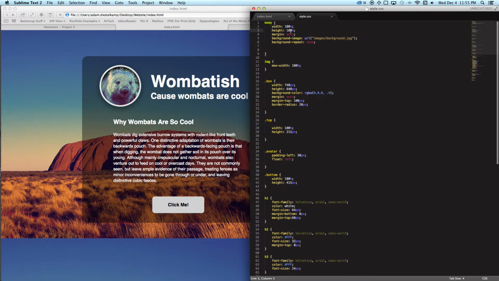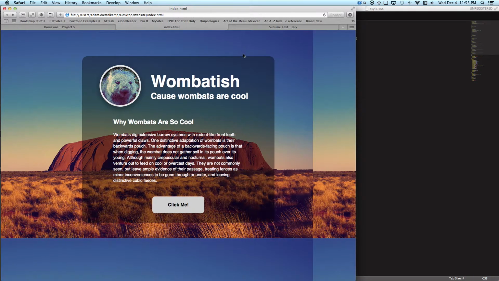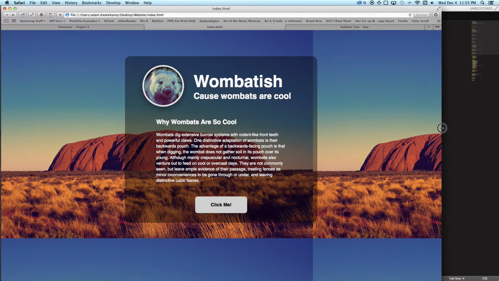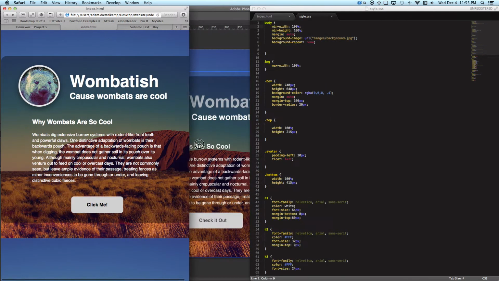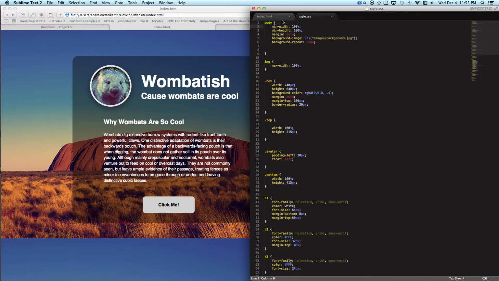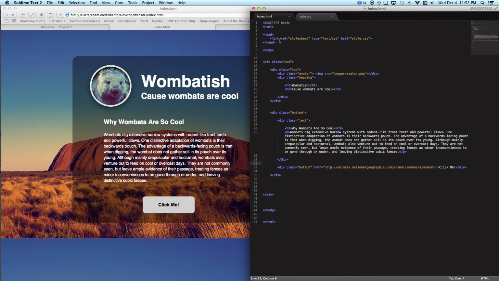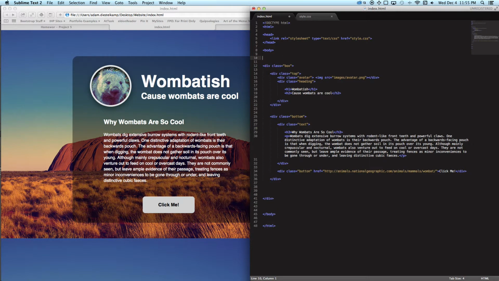Height, min height, min width. I wonder if it's because I'm applying it to the body. Let's try something else. Let's create another tag in here. And let's see, wrapper. And oops, no, let's call it div